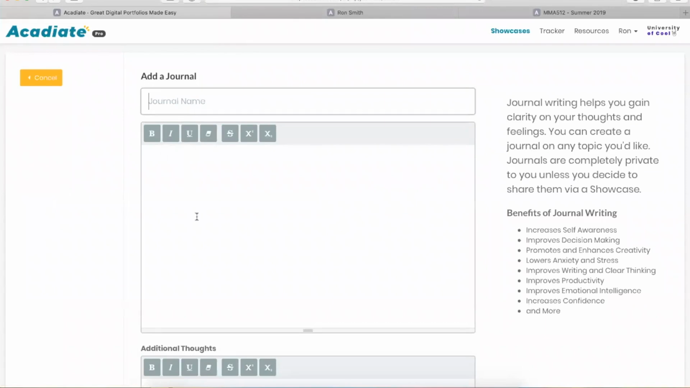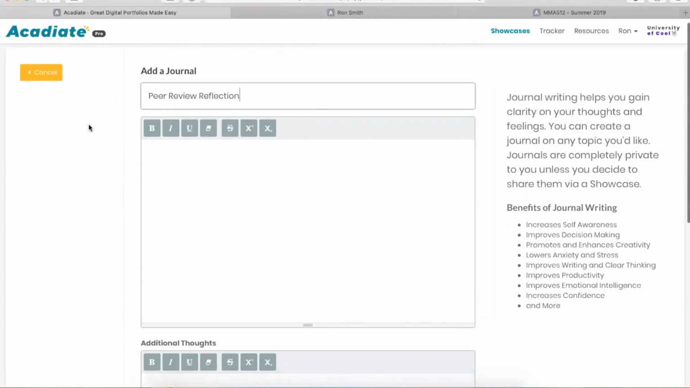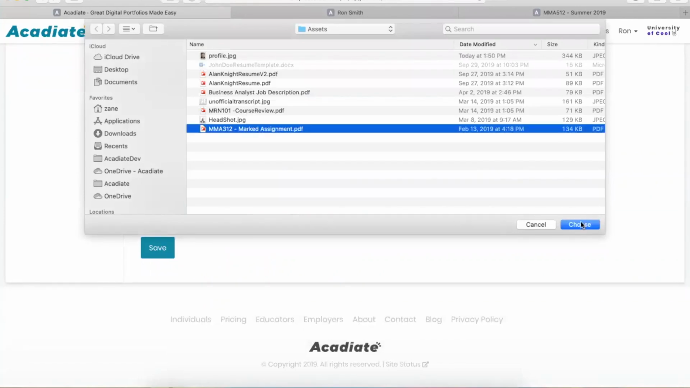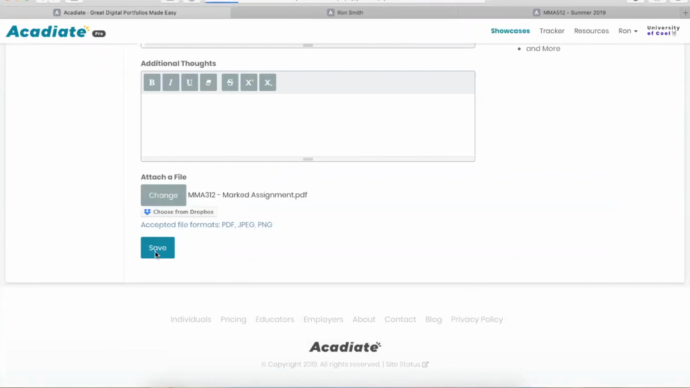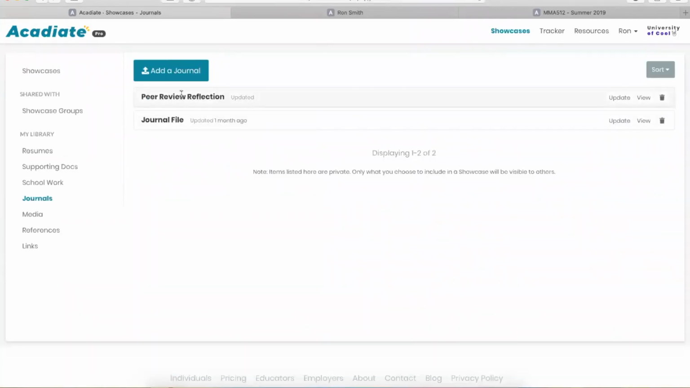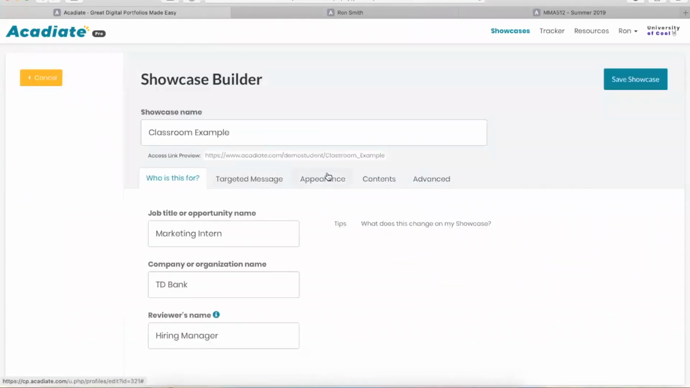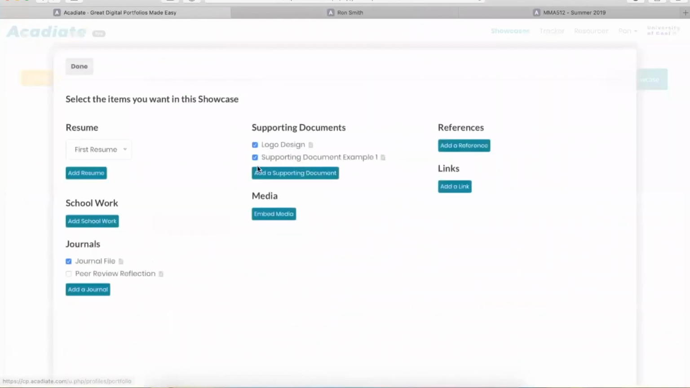And I could type it in here as well, but I'll just say it's peer review reflection. And I can go ahead and add a file that is reflective of that. I'm just going to use a dummy file here for now, just so you can get the understanding of it. So that reflection is here. Then I would just go into my showcase and I would just update it to include my reflection piece here,